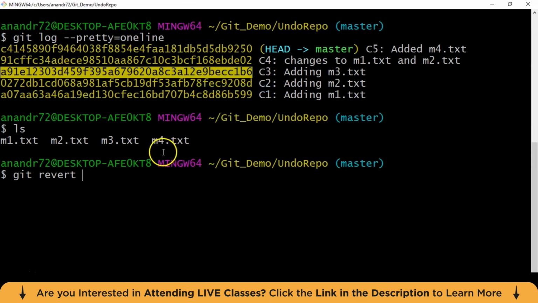So if I say git revert this, all right, I forgot to mention a message, which is why this window is showing up, but that message is good for me. I say write and quit. All right, and if I do a git log,